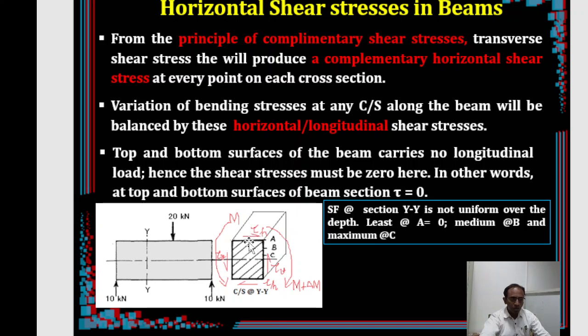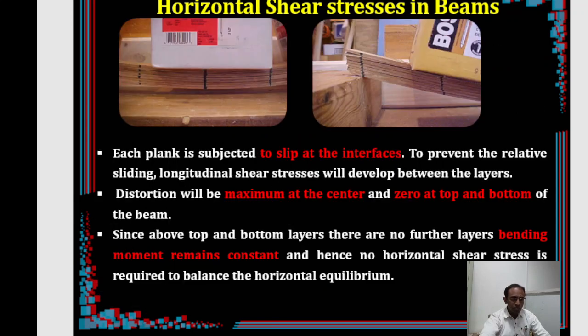Now when you come to the top, at the interface there is no slippage. Therefore there is no horizontal shear stress. Not only that, there is no variation of bending stress above this or even below this. So when the bending moment remains constant, there is no role for this horizontal shear stress. It doesn't have to balance anymore